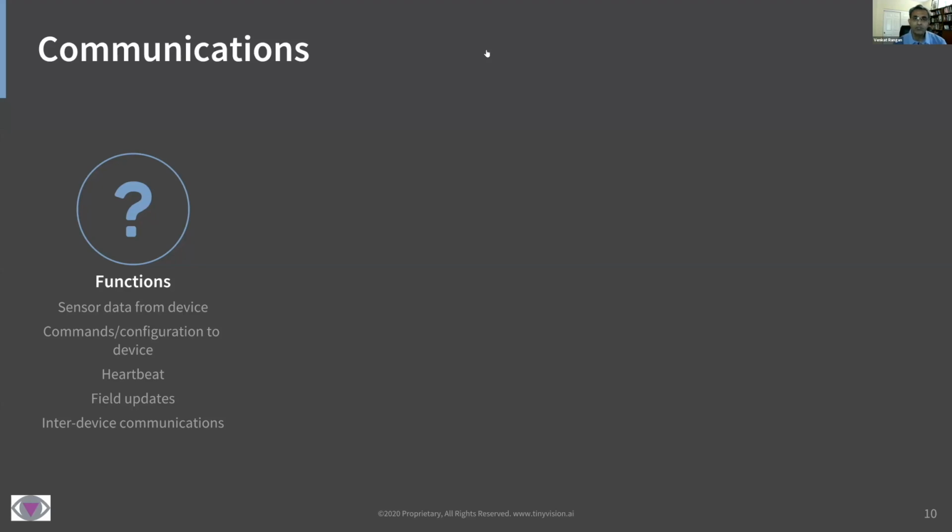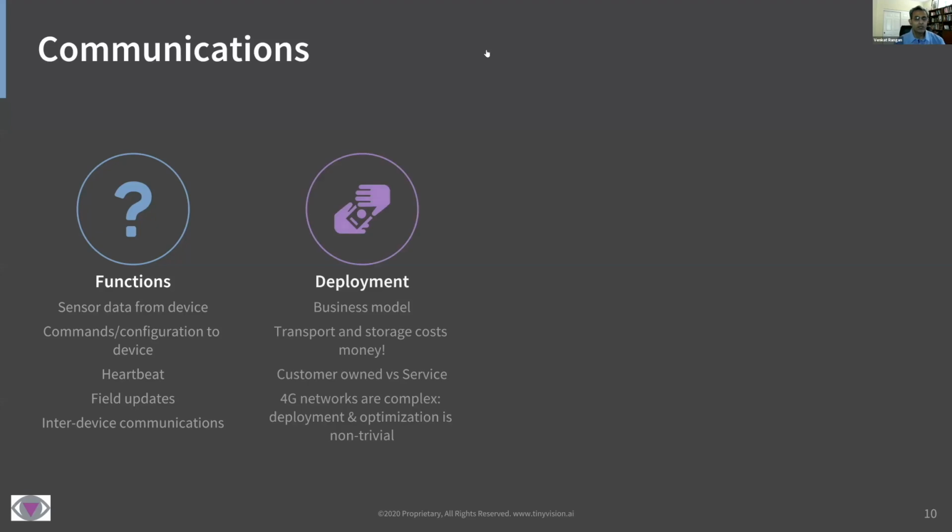Maybe your use case requires devices to communicate with each other, and we'll go over a possible reason why, right? So based on these, you end up with, again, the business model that drives you, which is it takes money to transport and store bits, right?